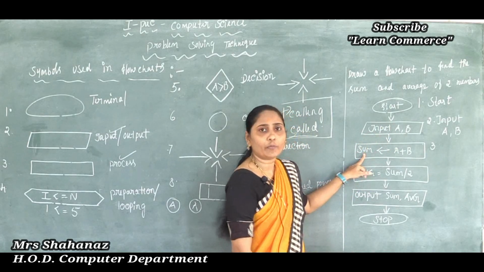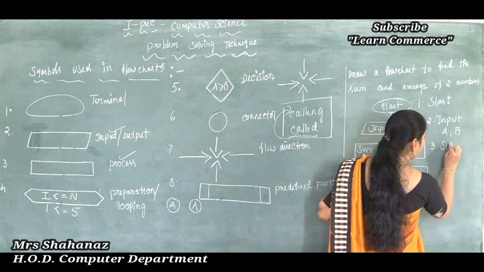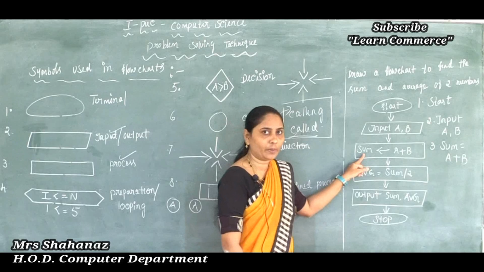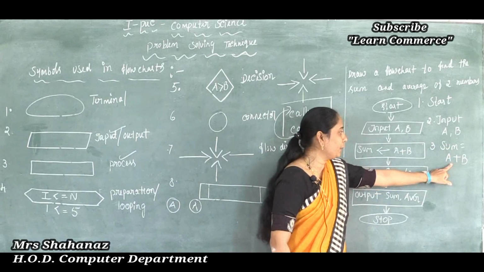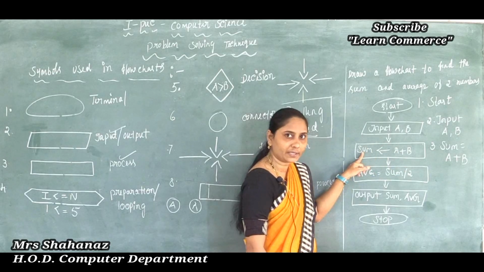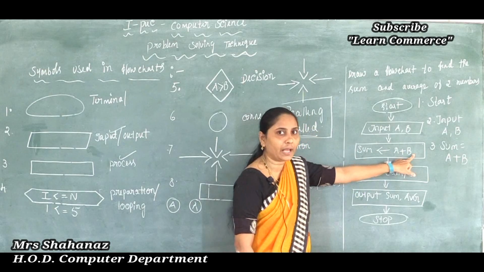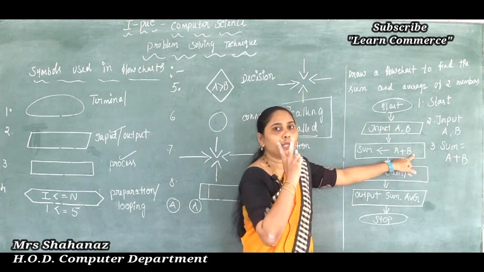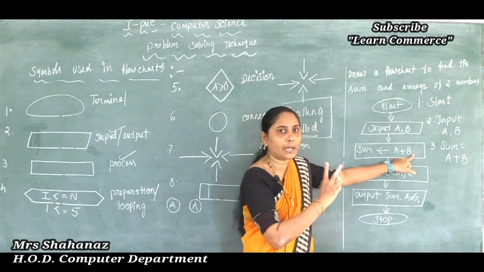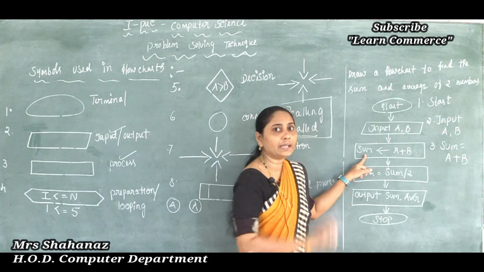Okay, now we completed till here. Now I want to make the calculation of how to get the sum of two numbers. So the sum value is equal to A plus B. Clear this point here? That is, sum is equal to A plus B. That means the arrow shows such value is going to be added into the variable sum. If you take the A value as 10 as well as B equal to 10, then 10 plus 10 is equal to 20 here. Now such value will go into the variable, and the variable name is sum. Now in our sum the total value is 20.